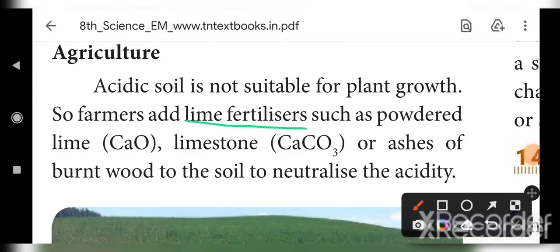The lime means, as you already know, CaO, calcium oxide. Then calcium carbonate is the limestone. What is the formula of limestone? Calcium carbonate, that is CaCO3. Limestone means calcium carbonate CaCO3, or ashes of burnt wood added to the soil to neutralize the acidity. Suppose the soil is more acidic, we add the base lime fertilizers, and the plant will grow properly. Okay, the next